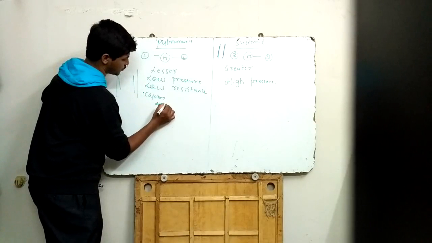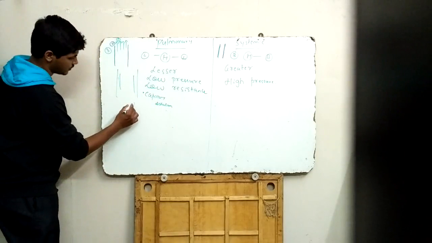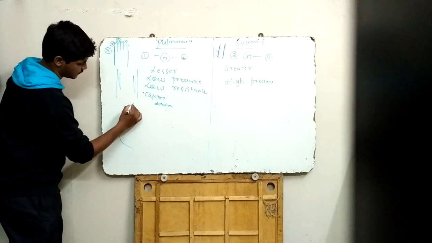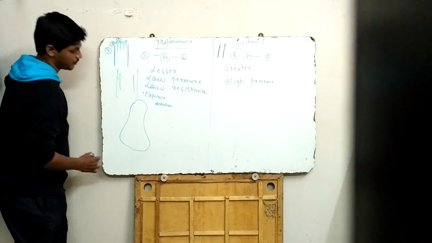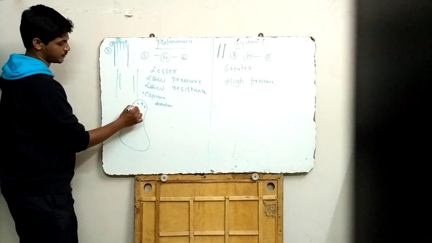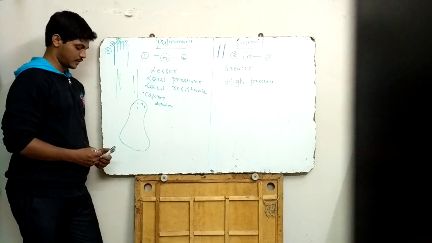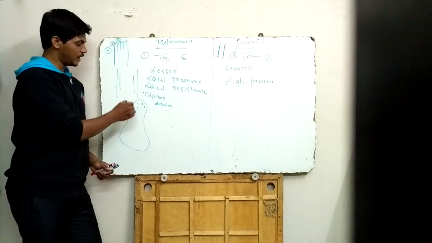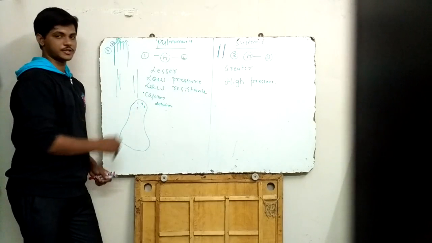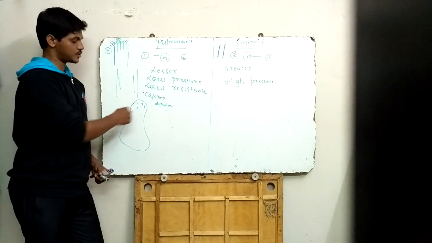But this is a minor process. What major process contributes to this? The lung. The capillaries in the apex of the lung are normally shut. For the time being, trust me that the capillaries are shut. Later I'll tell why. The capillaries in the apex of the lung are shut because they are less perfused. Their perfusion is low, so they are shut.